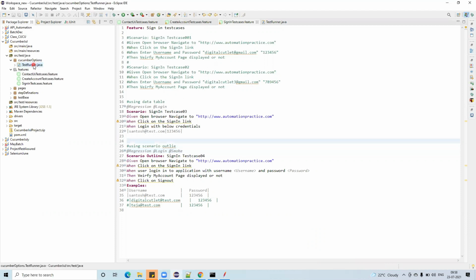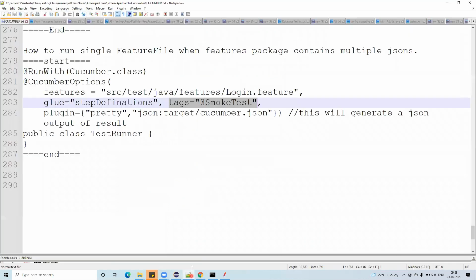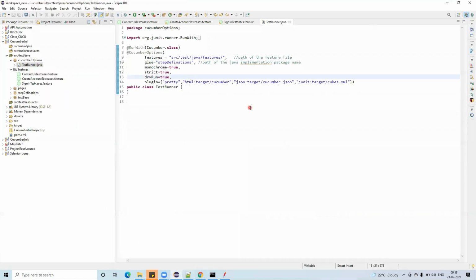Go back to the test runner. Here you have to provide the tags. I have given the syntax here. What is the syntax? Tags equals, and keep the tag in double quotes. So enter here; dry run I don't want now.